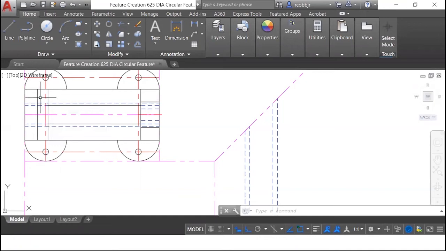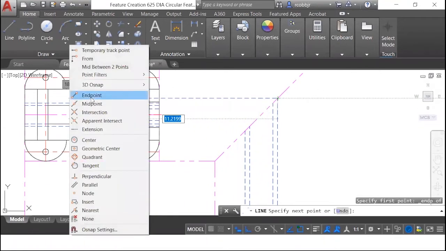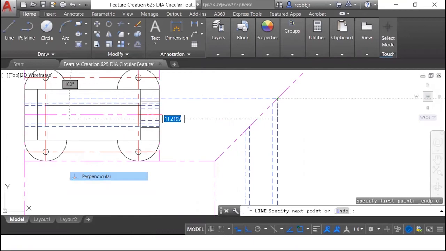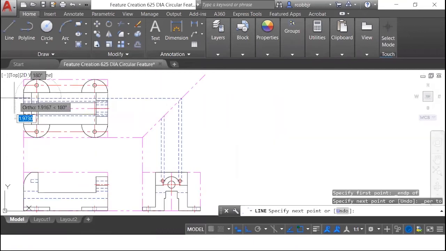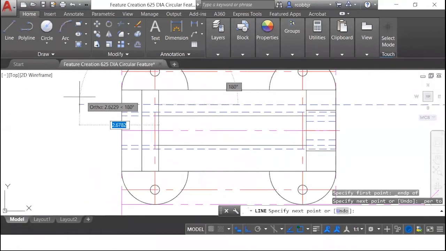and into the object 0.625. So if we go to the line tool, endpoint, we will be perpendicular to this surface and then the line will be drawn to the left